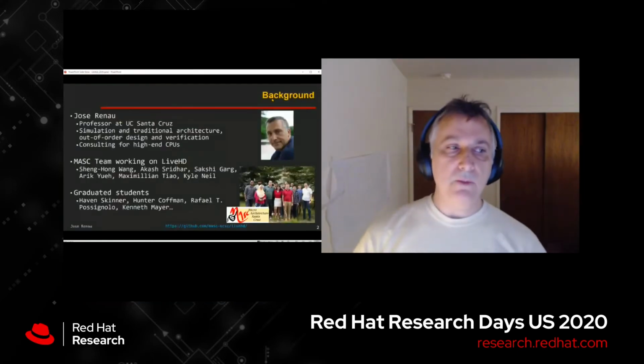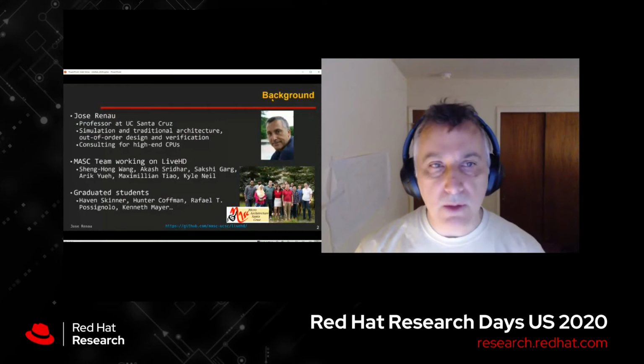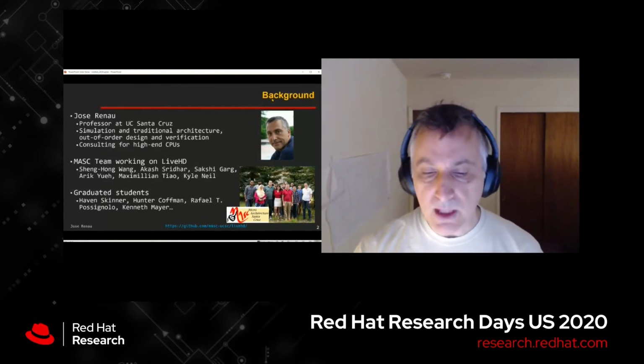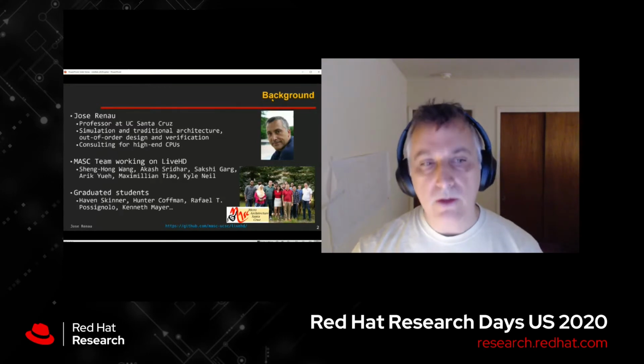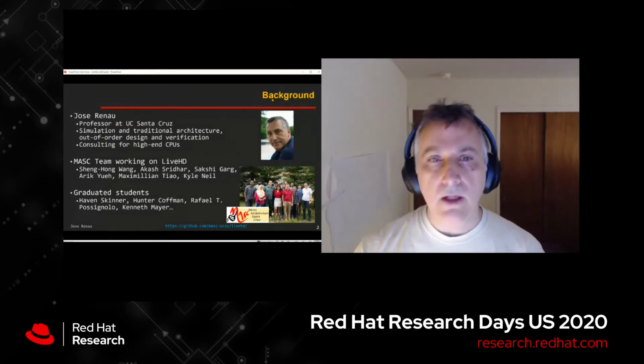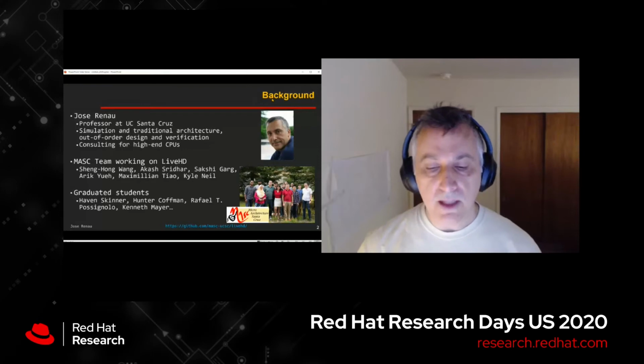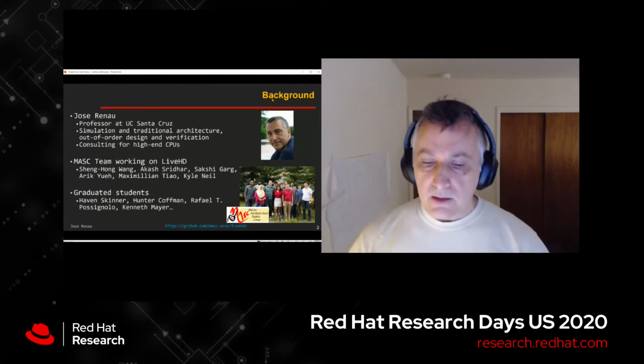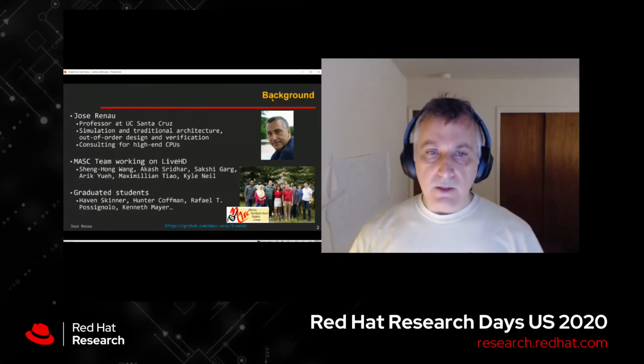So as Karsten mentioned, I'm a computer architect. My area of research is traditional computer architecture. So what does it mean? It means that I care a lot about high-end CPUs, like the CPUs they might have in the servers, or the CPUs they might have on the phones. And I have done extensive consulting in the Valley with several companies building high-end CPUs. Now, this gives me the expertise, connection with the real industry, and lets me see what the problems are.